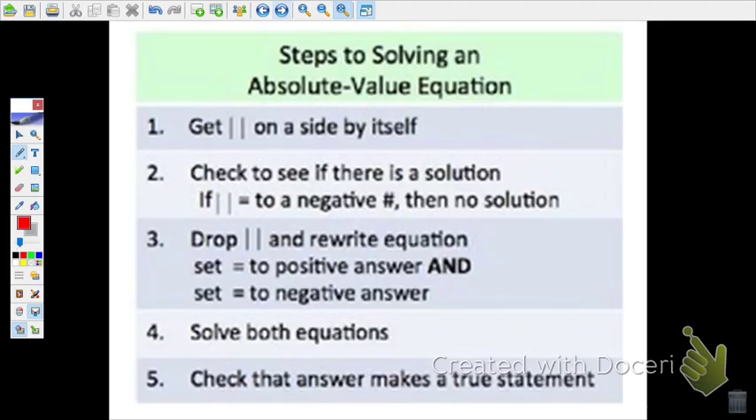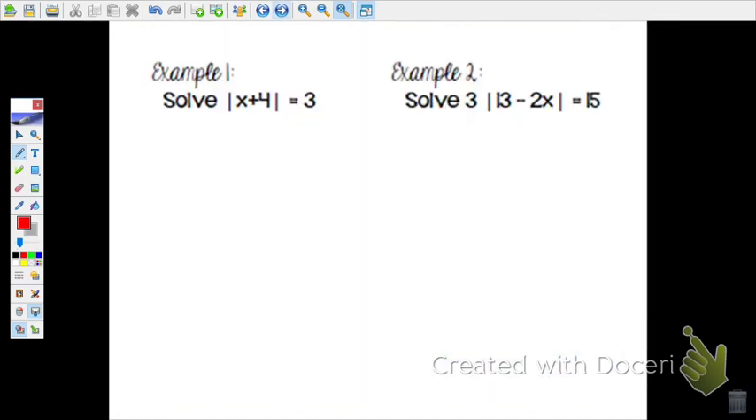With this next piece, if you open up, your page is blank on the left side. Okay, I want you to write these steps down. So now that you have those steps written down, we're going to go through those steps each time we solve an absolute value problem. So the first example that we have says that the absolute value of x plus 4